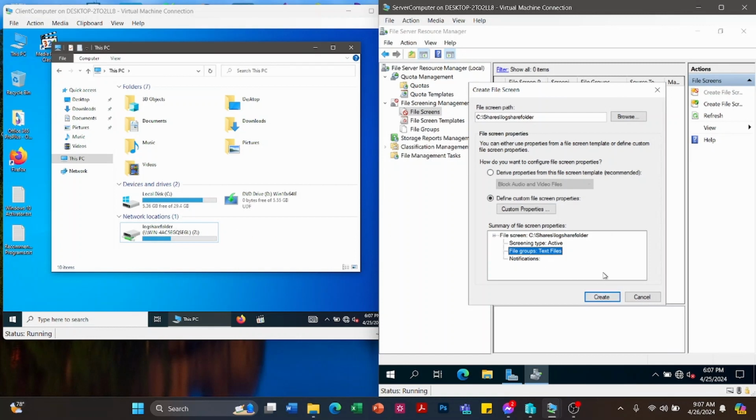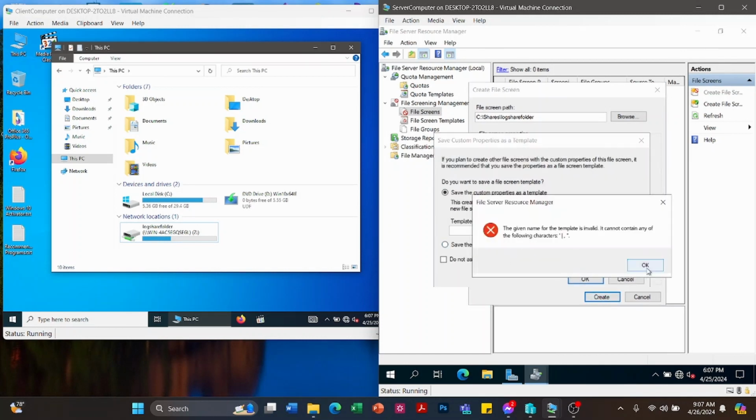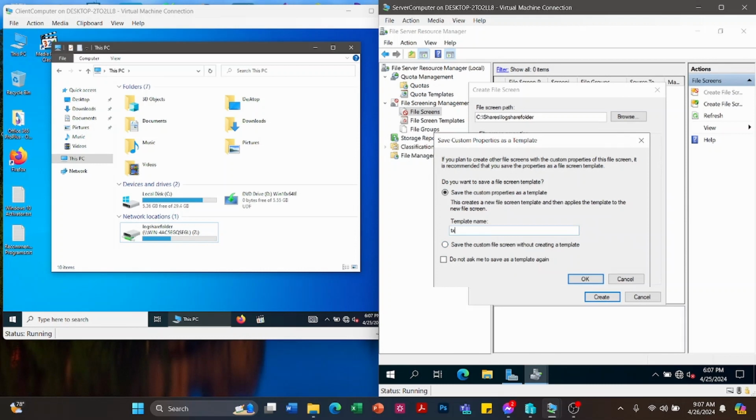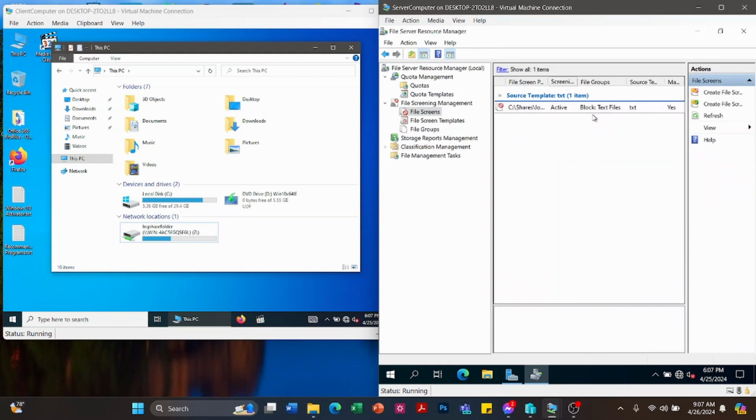So click create or select create, then template name. Okay, let's say txt. Then okay, so we have created also, as you can read in here, block text file.